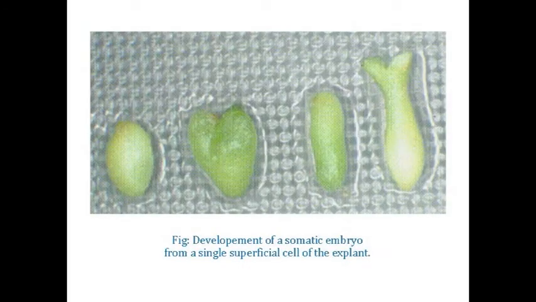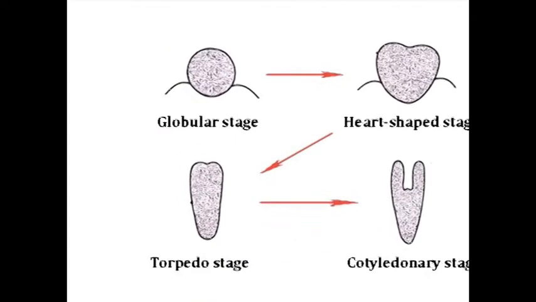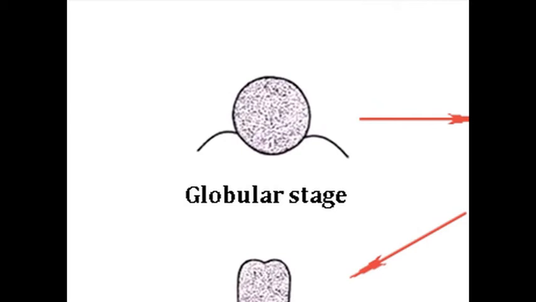Now let us see the stages in development of somatic embryos. Somatic embryos generally originate from single cells and they develop into somatic embryos following four distinct stages. The first stage is the globular stage. In this stage, somatic embryos arise from a single cell which divide to form a group of meristematic cells, and